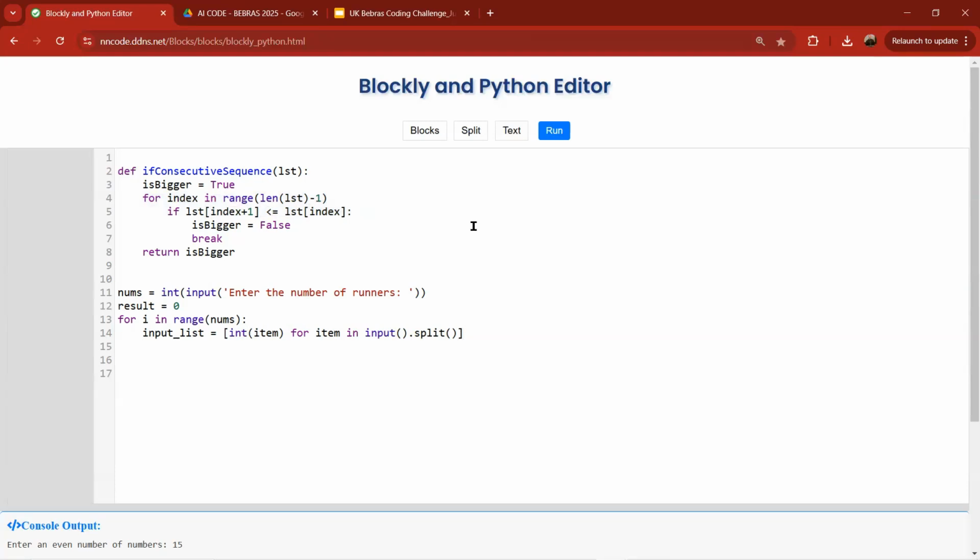Okay, so now I've taken in my values. I want to find out if each one of these numbers is actually true or false. Is it bigger or not? So, for the consecutive sequence of the input list that I give it,